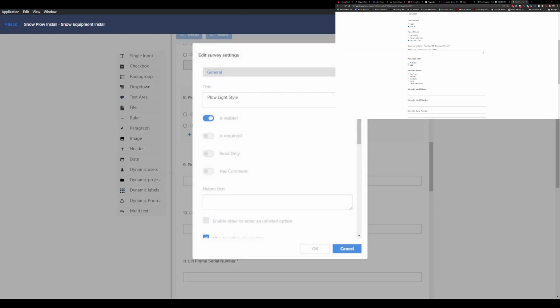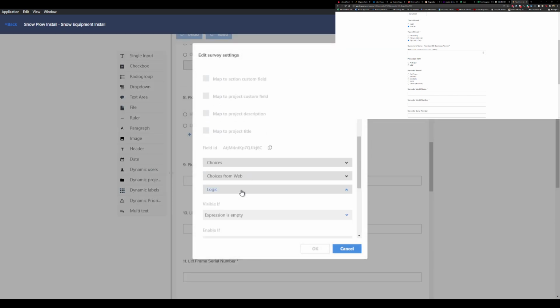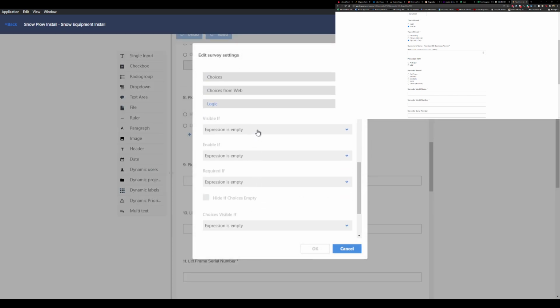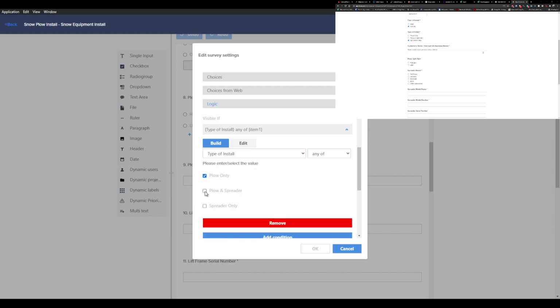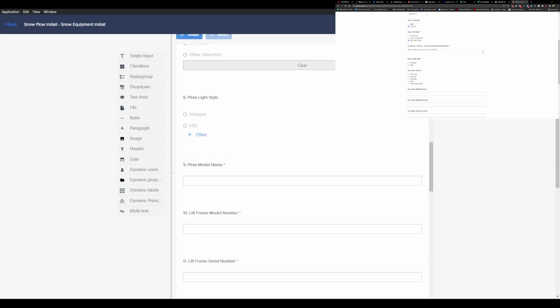So this right here, we will go into logic, visible if type of install is any of plow only or plow and spreader, because we do not need this showing up all the time. I wonder if that would have to reload the page. Anyway,